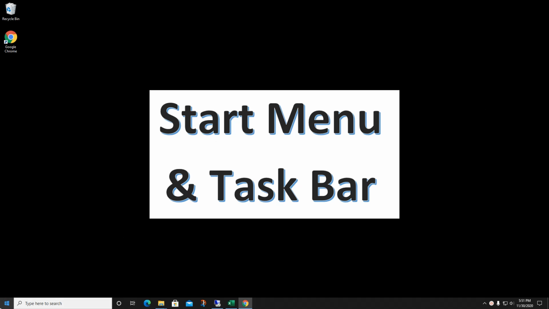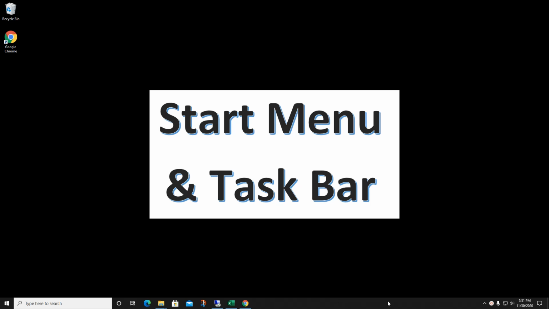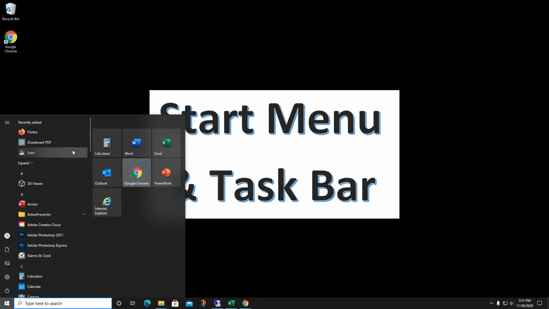First of all, that's here when you click on start. This is the start menu. This is the taskbar down here along the bottom. This is Windows 10, Windows 10 Pro. Let's get started. So, to get to the start menu, basically, click on start, and up comes your list of